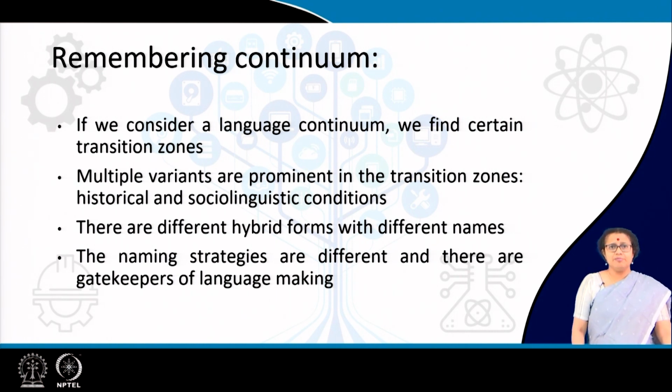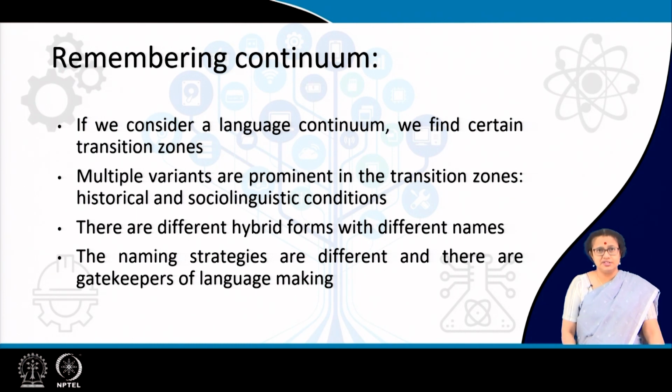These are basically mixed forms which can be differentiated from pidgins. So, you have learnt about pidgins and creoles. In pidgins we see that there is a sudden change where a new form is created, which is basically a kind of trade language, but hybrid forms are created when several communities coexist together for years and gradually they develop the hybrid forms. It is not sudden. So, this is the difference.